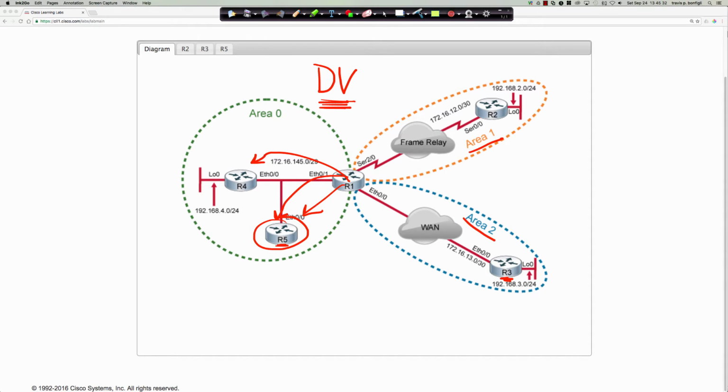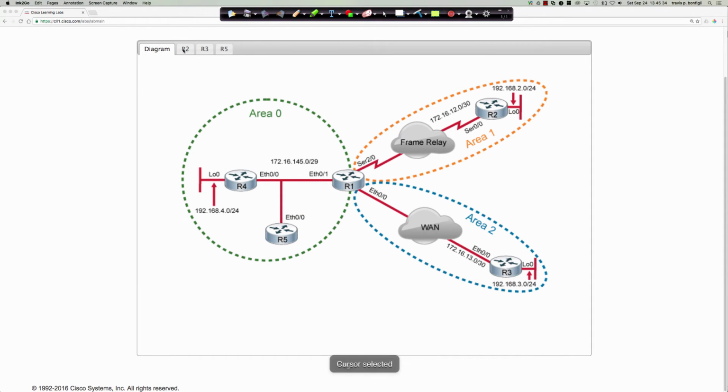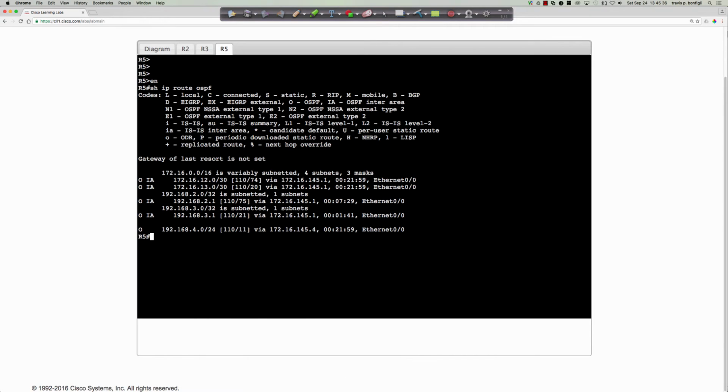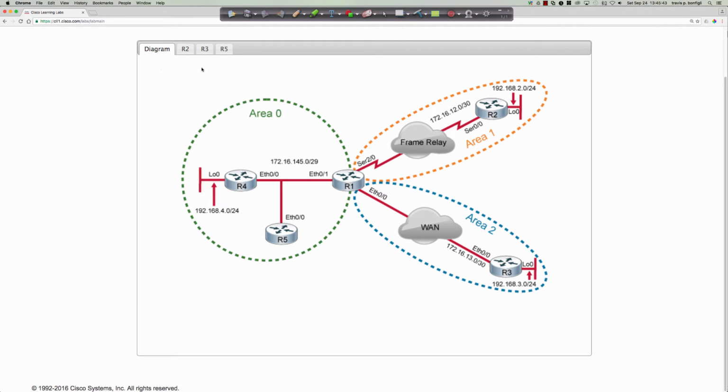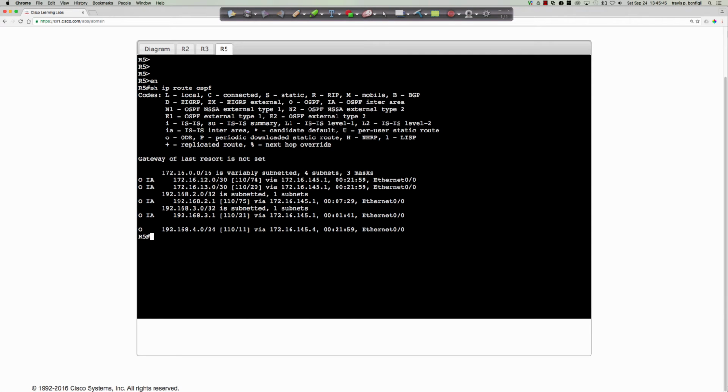hop? Well, let's go back and take a look. So if I clear the screen here and we go back to router 5, excuse me. And we see, and what prefixes are down there? The 192.168.3. So we look at the 192.168.3, which is right here. And it says via